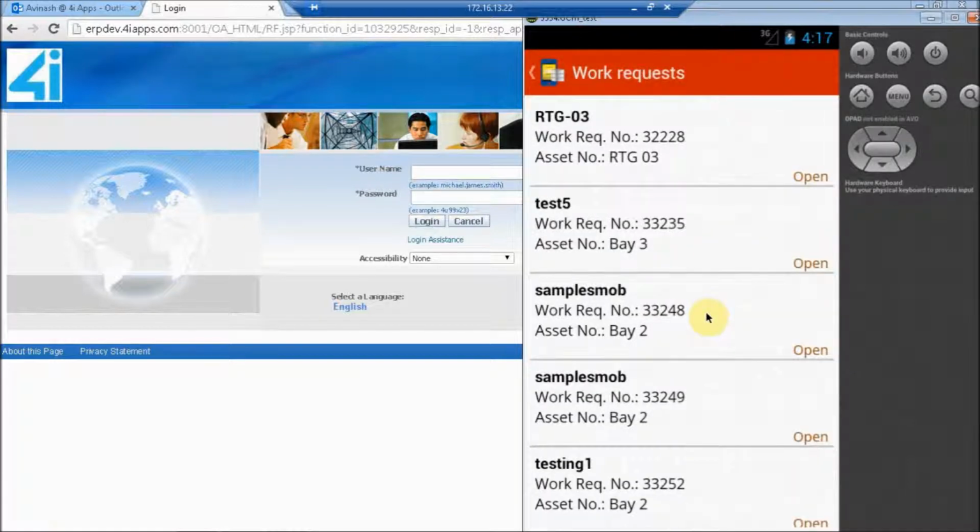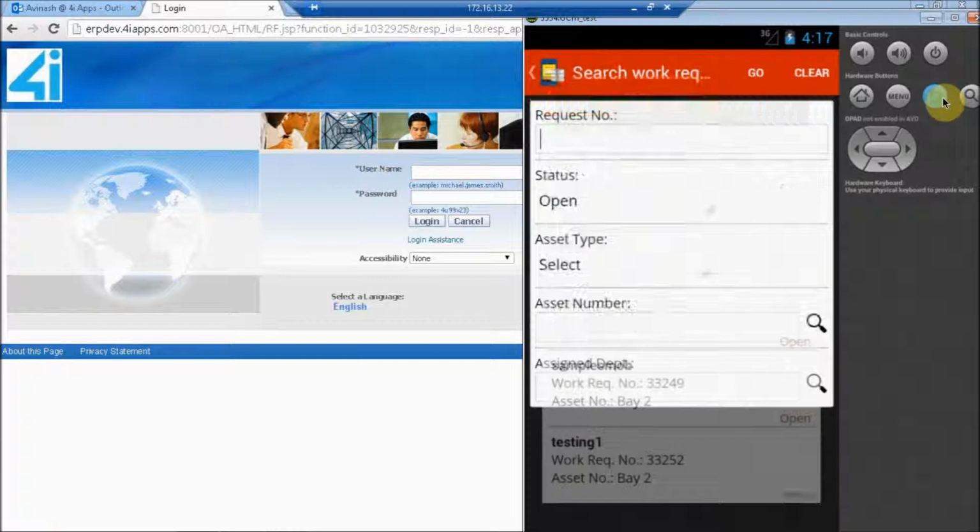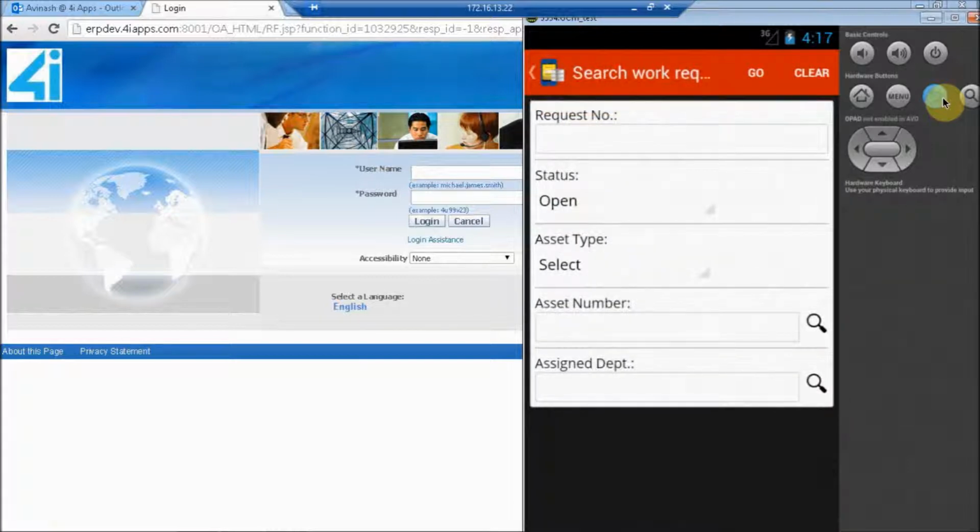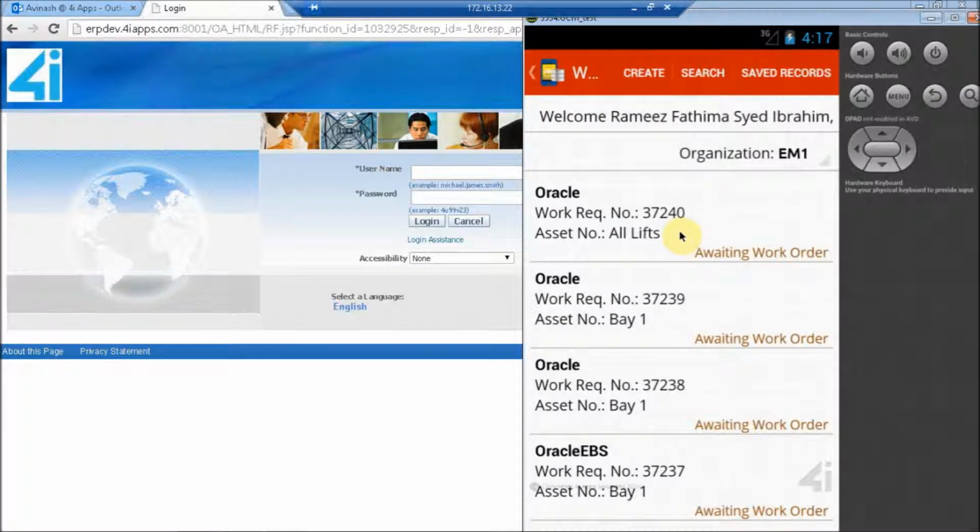It will fetch you the list of work requests which are in open status. I'll go back to the main screen and show you how we create a work request here.